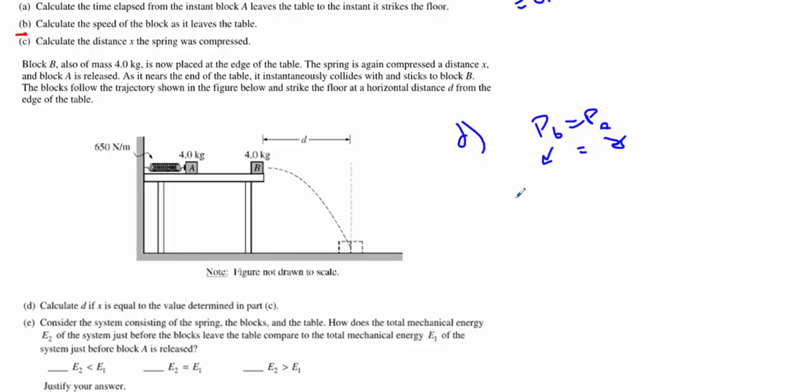So the momentum of the objects in the beginning must equal the momentum of my objects at the end. Well, in the beginning, we only have one object, so that's the mass of object A times the velocity of object A. At the end, they combine and stick together, so we have mA and mB coming together to make a new velocity that I'll write as v prime. I won't subscript it. I could write vAB if I wanted to. This is an inelastic equation. Ultimately, the velocity of the combined objects at the end is that original momentum divided by their new mass,